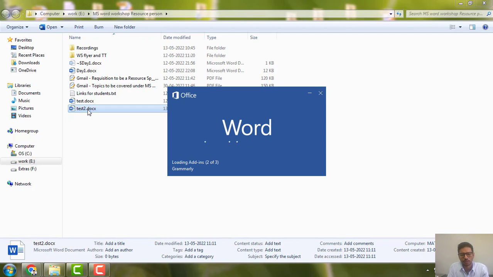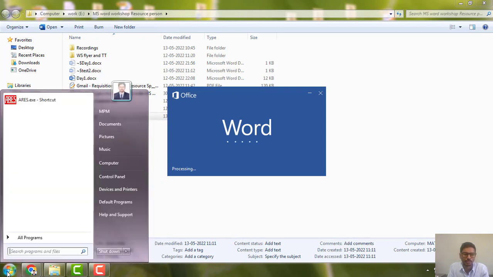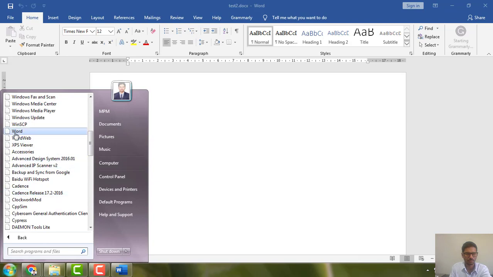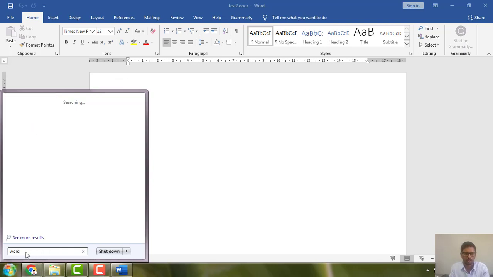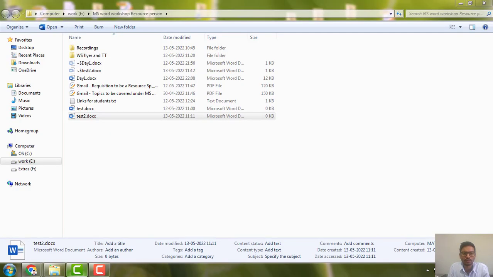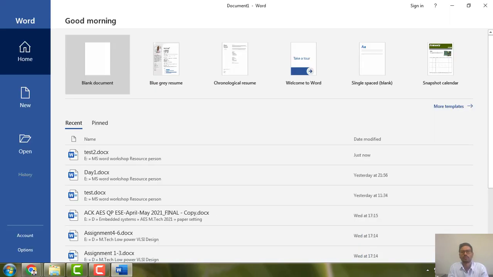There is another way to create a Word document, that is by opening Word. You can go to all programs and you can select Word here, or you can search for Word and you have Word here. So you got a Word document saying document 1, and then here you have few more options